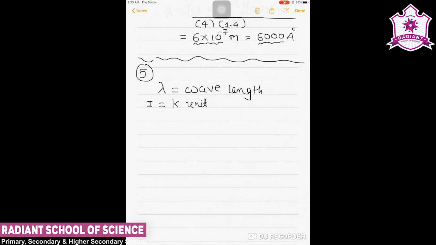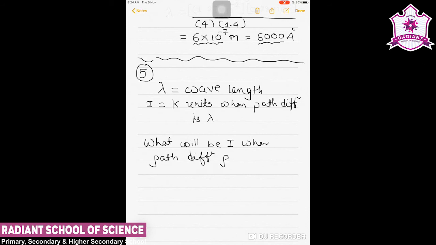And what is the intensity of light at a point where path difference is lambda by 3? So the intensity is k units when path difference is lambda. So we are asked, what will be the new intensity when path difference is,